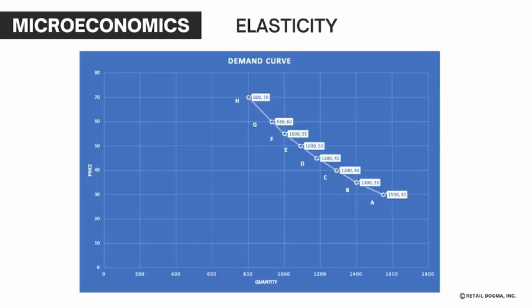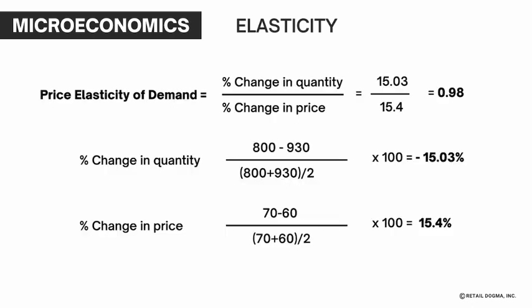It should be noted here, though, that elasticity across the demand curve is not constant. For example, if you try and calculate price elasticity of demand between points G and H, that's between selling at $60 versus selling at $70, we notice that although the change in price is the same, 15.4%, the corresponding change in quantity is now at 15.03%. So the inelastic demand at higher price is getting more towards unitary demand,